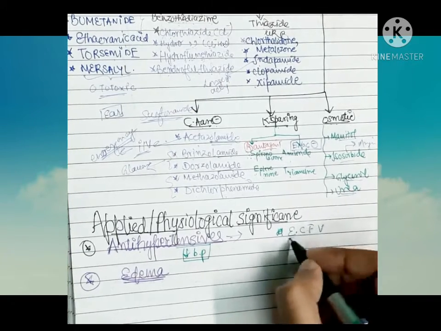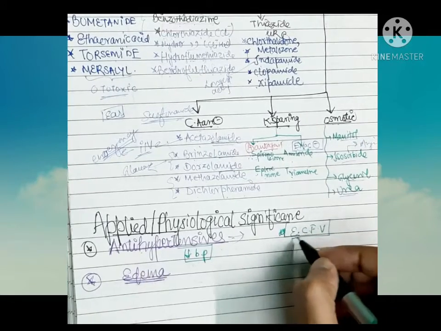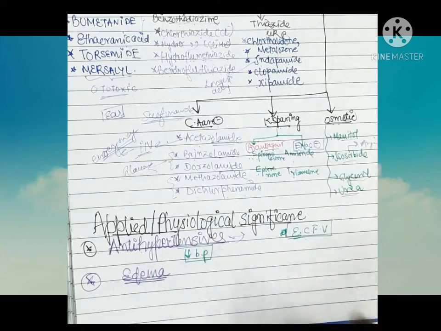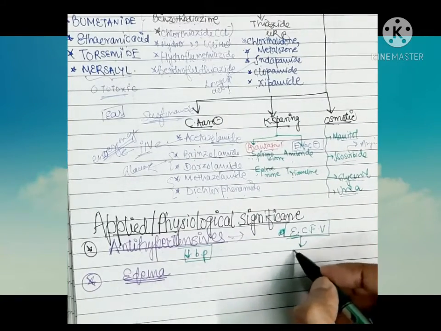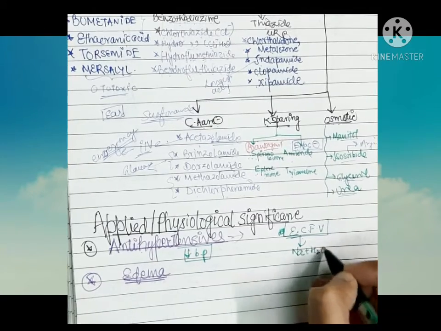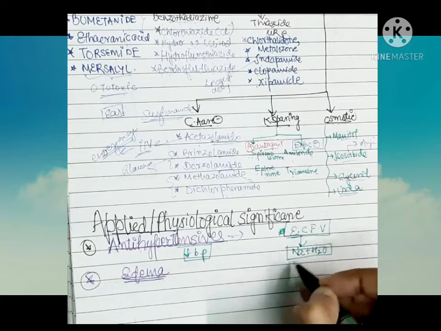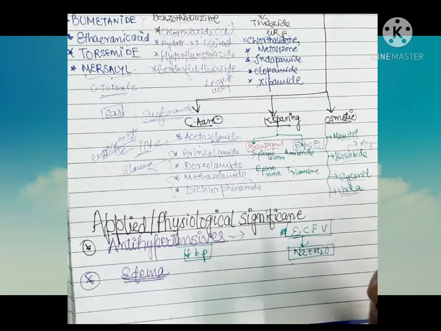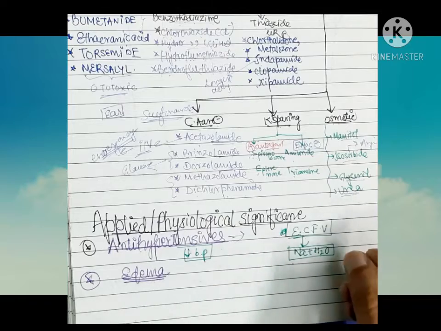extracellular fluid volume. Extracellular fluid volume is a volume which is present in our body. Let us suppose there is blood; let us suppose it is also extracellular fluid. In the blood there will be sodium and water. Why am I talking about sodium and water? Because this is the most important and most abundant component present inside our vessels.